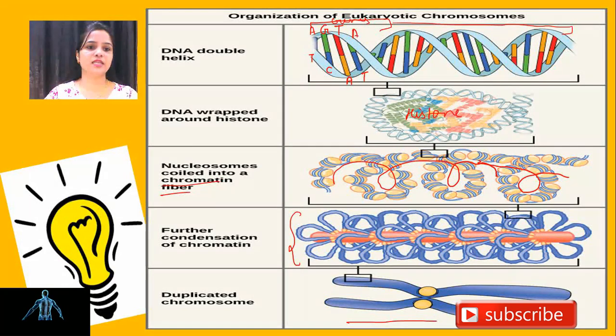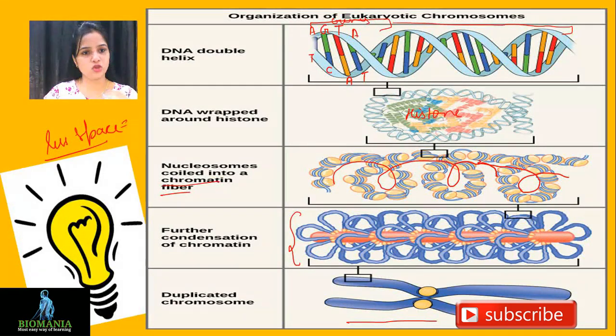That condensation is going on just because inside the nucleus there is very little space. So we have to accommodate the number of chromosomes, the 23 pairs of chromosomes when we talk about humans, which means 46 chromosomes have to be accommodated in that small place. So that's why that compact structure is required. I think that is clear to you. Now you are not confused by these terms: genes, DNA, chromatin fiber, chromosome, they all are one.